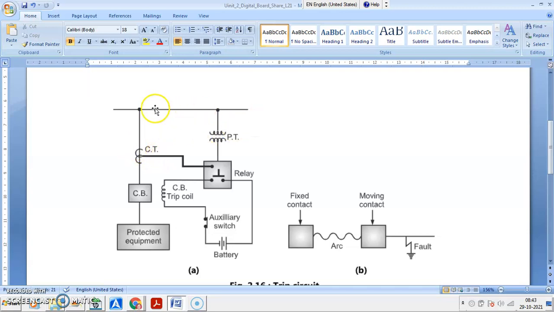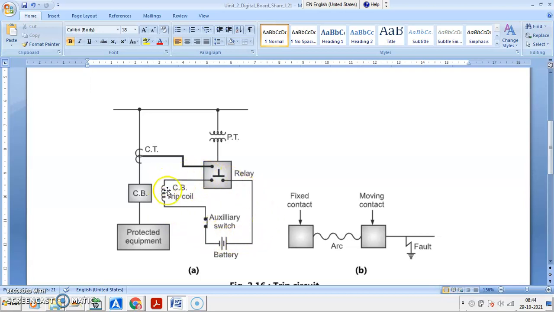When there is abnormal condition or when there is a fault, the current sensed by CT is abnormal current and it makes this relay contact close, and therefore this is a circuit for circuit breaker trip coil.